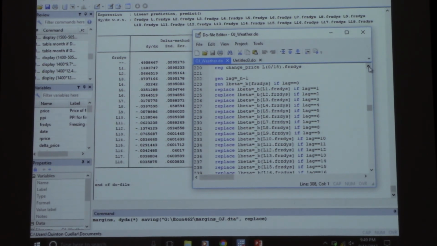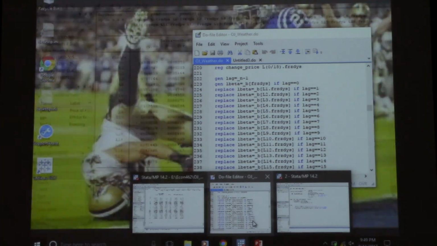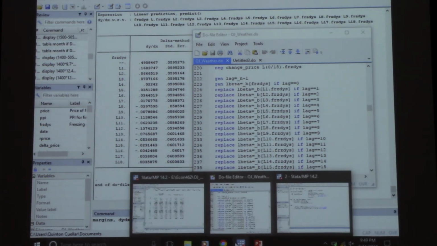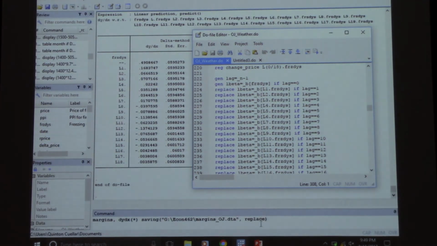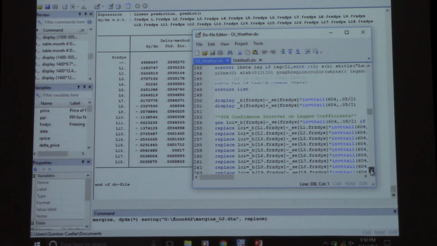Yeah. So how would you graph from the saved margins? In this you've got scatter margins, LCI, UCI, and then you're still going to have to generate lags. Remember lags was underscore n minus 1. So you're going to have to still generate lags because you still want that same graph. So in essence, it's the exact same command that you used for, all right, so here's that. It's literally the exact same command except for,